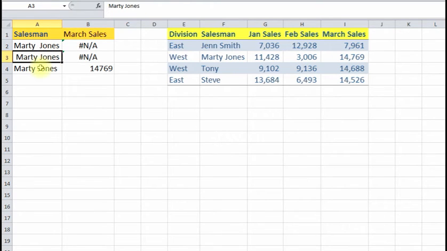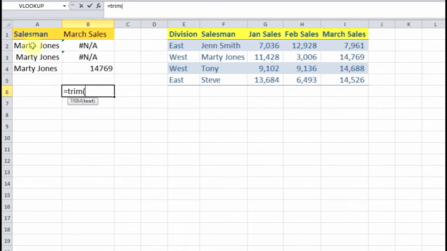So that's one of the main error checks to find out when you get an NA. You first want to see if the name is in there. If it is, you got to make sure that it's exact. To get rid of this, we want to use the trim function. So let me show you how the trim function works. All it does is get rid of all unwanted spaces. It doesn't get rid of all spaces. It's still going to leave a space where there should be one, like 1 space in between 2 words. So if we do trim,